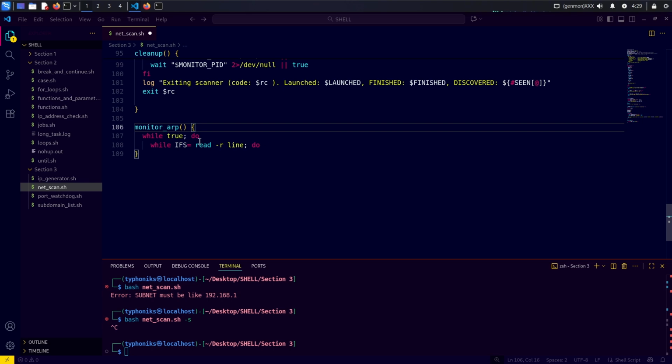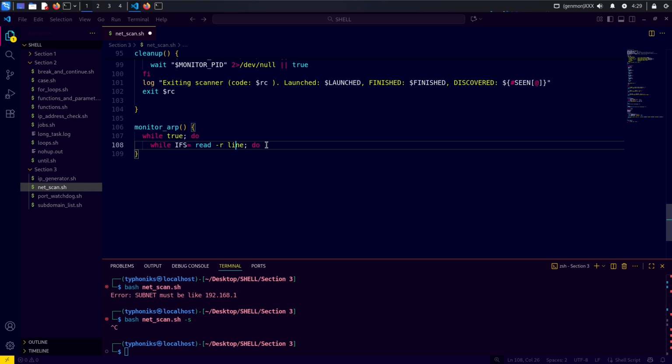So the read -r line here reads one complete line from the standard input into the variable line. Now the -r flag disables backslash escape processing, so the backslashes are read literally. And the redirect here feeds the file into the loop's standard input, causing read to consume lines from the file